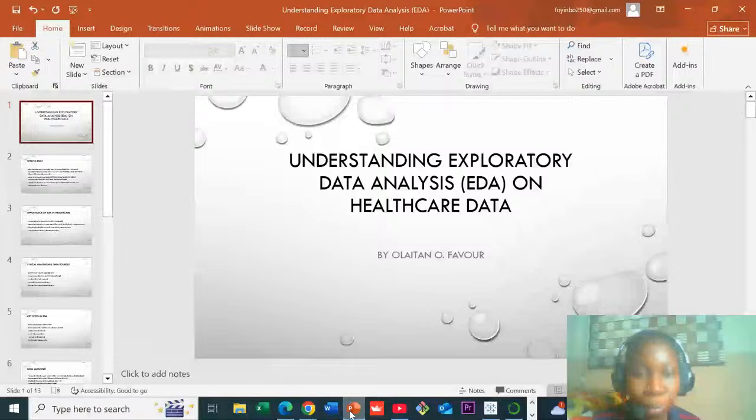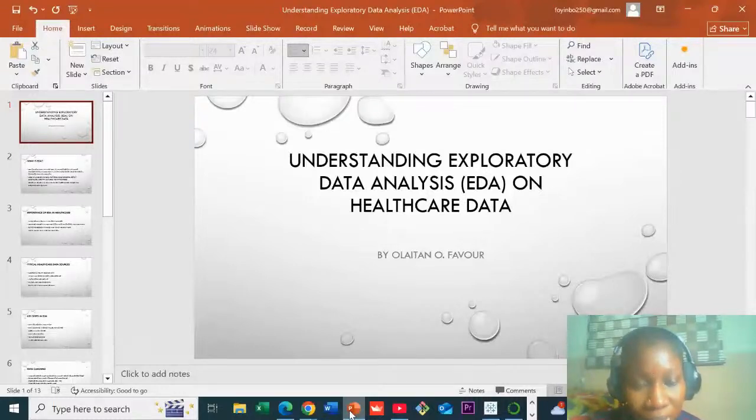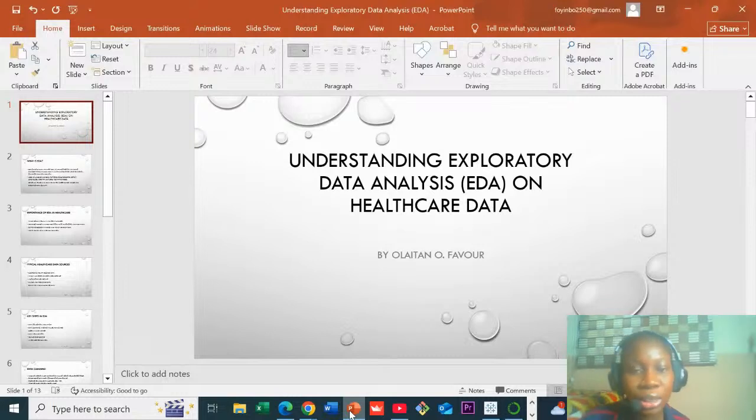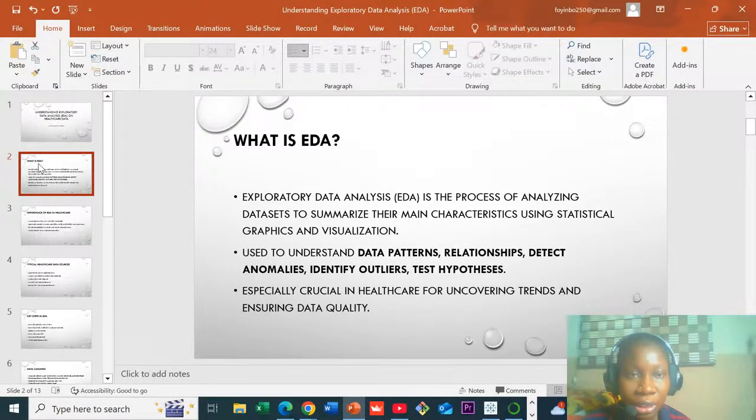And if your EDA is detecting error in your derived insight, okay? So that's why EDA is a very important aspect of data analytics. So today we'll be looking at understanding exploratory data analysis on healthcare data. So what is exploratory data analytics, or what is EDA as it is mostly referred to? Exploratory data analysis is the process of analyzing data sets to summarize their main characteristics using statistical graphs, tables, and